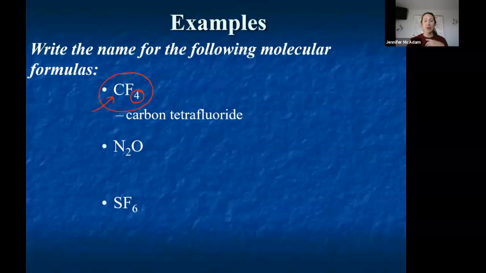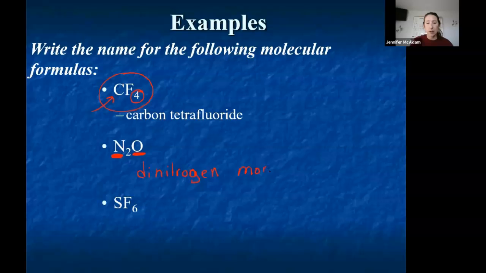So this one we have to look. And again, it's a little tricky. How many nitrogens are there? So when we look at this, how many nitrogens do we have? We have 2 nitrogens. So that means 2 on our Greek prefixes is di. So that means we have di, and we just write the element, nitrogen, and then we only have 1 oxygen,